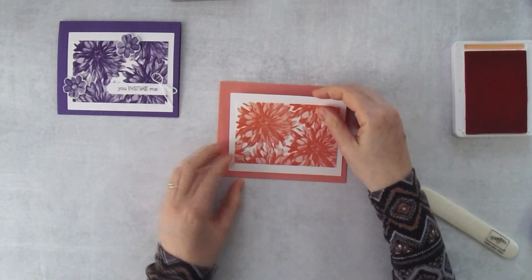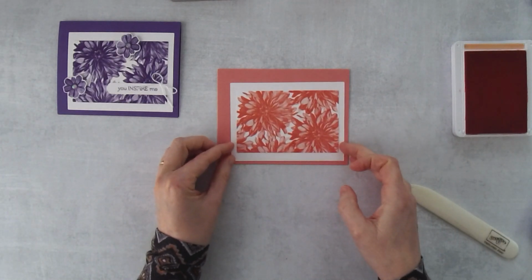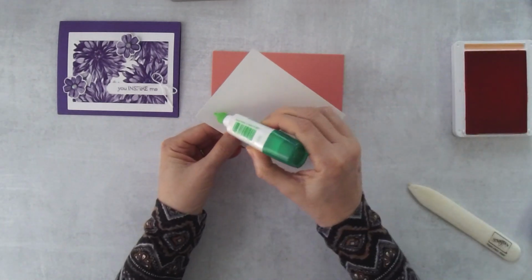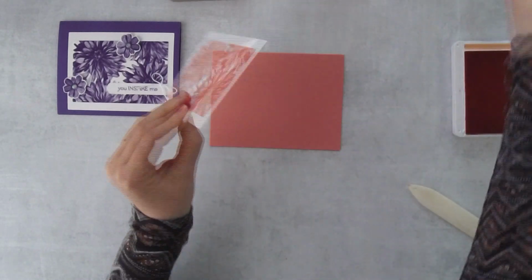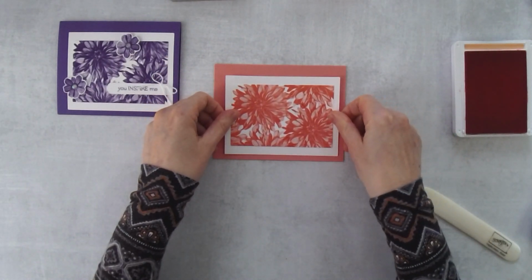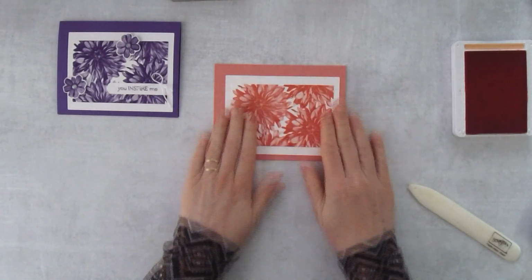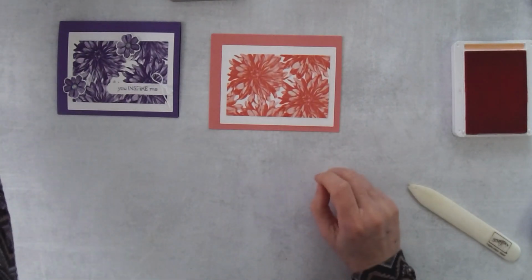And then I'm going to add this to the corner right here. And I don't want it symmetrical. You could do it symmetrical, but I want to follow the original theme of the card, which had the layer down here in the corner a bit. So I'm just going to add a little Tombow to this layer. And we're just building up the card. And right now, I have to say, I like the card even right now as I'm building it. It looks great just like this. You know, and as you add the other layers to it, you bring even more to the card as you go along. All right, next thing I want to do,